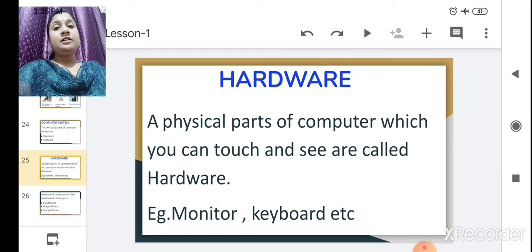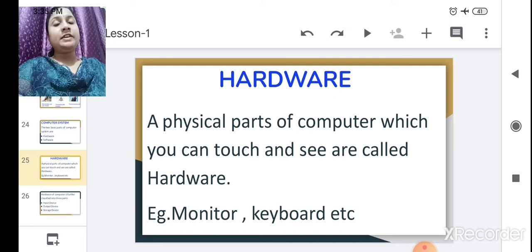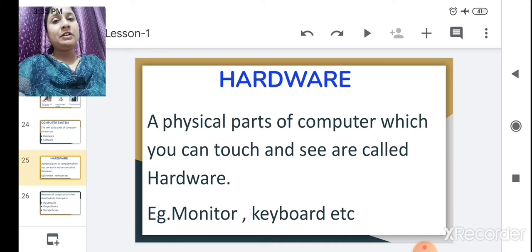So what is the hardware of our body? That means the external parts of our body, that is our hair, eyes, nose, ears, hands and legs. We can touch them with our hand, and we can even see them. So these are the outer parts of our body. We also call them the hardware of our body.